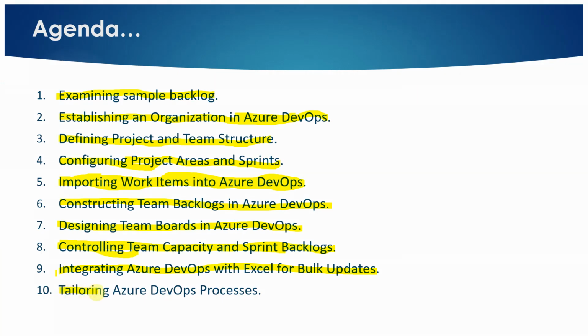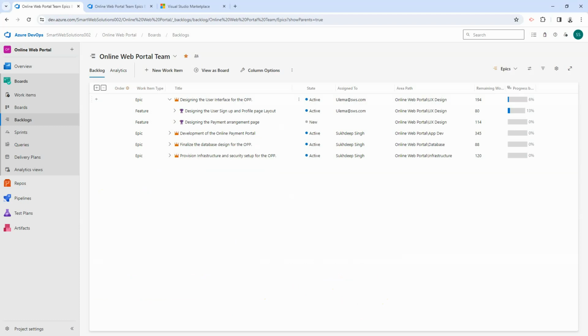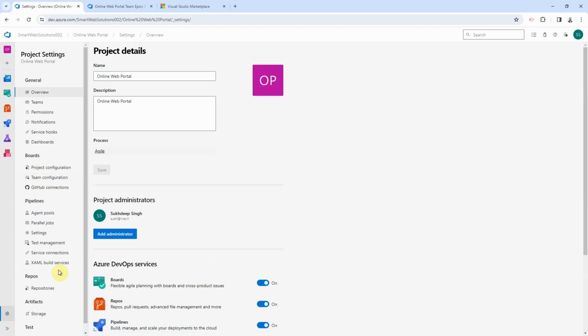Okay, so with that, the last item which is pending to be discussed in this video is tailoring the Azure DevOps process. So next we'll get into the Azure DevOps portal and see how we can customize the default Azure DevOps processes to meet our own needs. So right now, if we go to the project settings and see the process we have in use is the